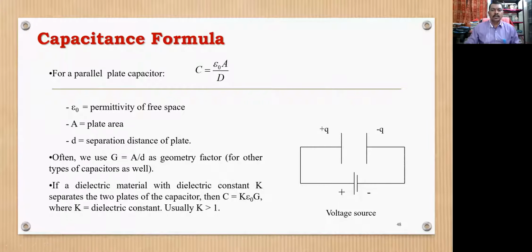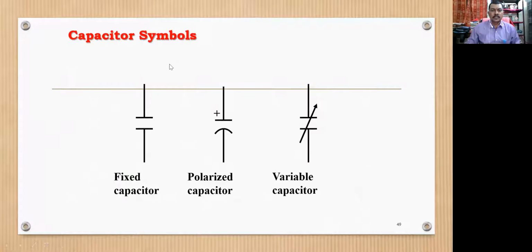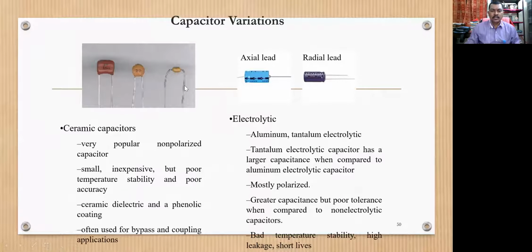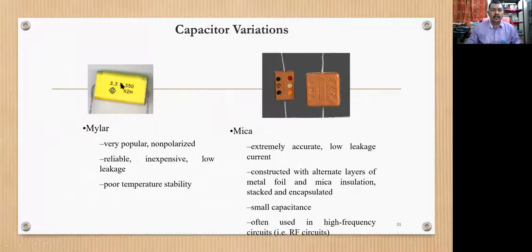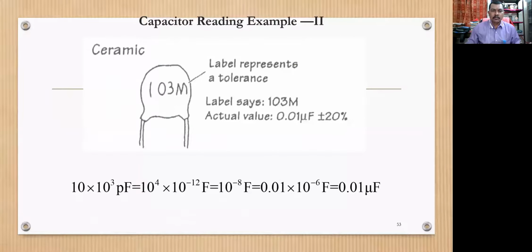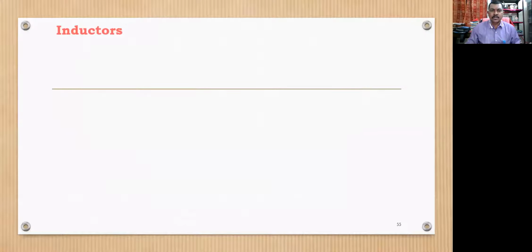So yes, we have studied capacitors. These were the symbols of capacitors. These are capacitor variations: ceramic capacitor, electrolytic capacitor, mylar capacitor, and mica capacitors, and this is how we calculated the values of capacitors. If you have not understood, just keep screenshots of those so that you can find out how to calculate the values of capacitors. These are some more capacitors, and these are variable capacitors that we have studied.